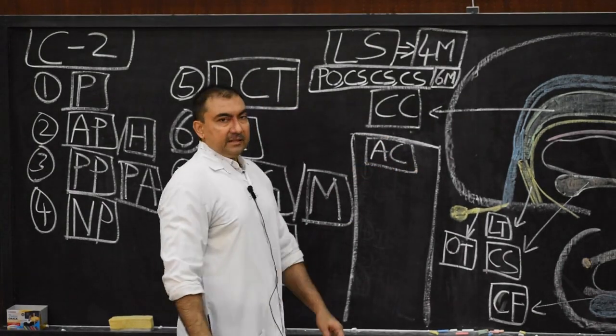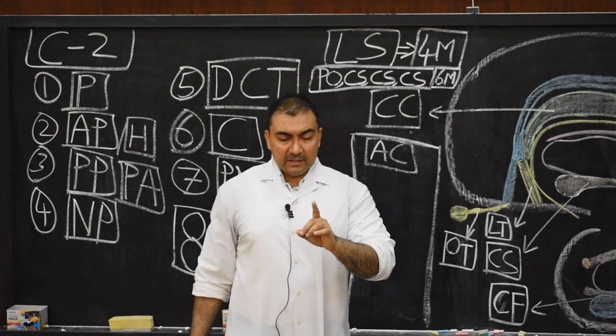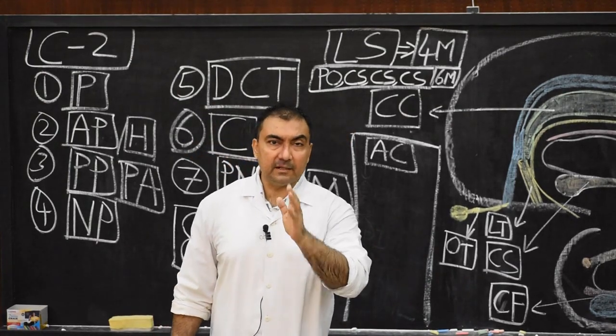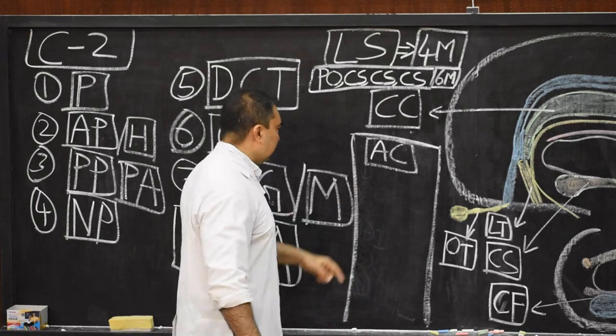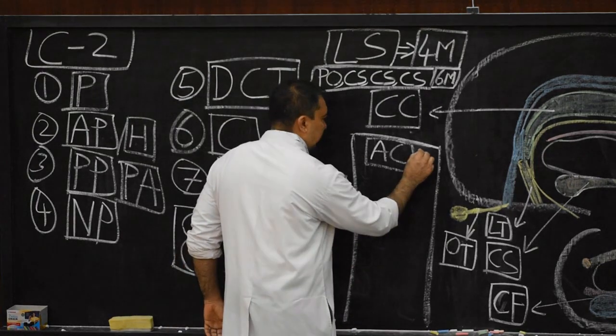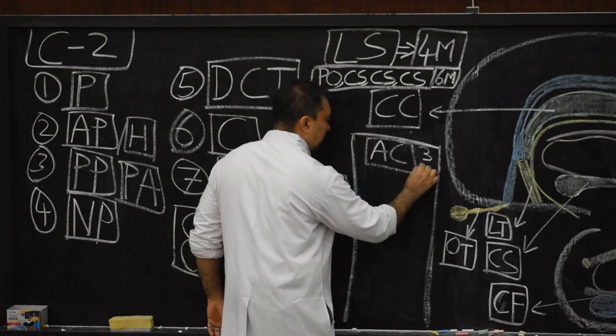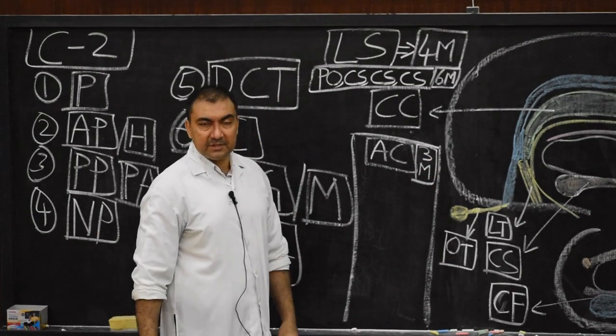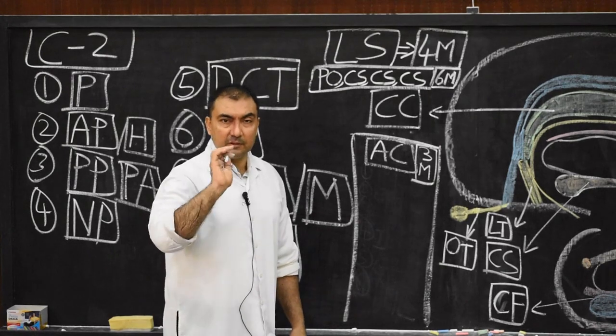And this anterior commissure, please note down, will develop in the ventral wall of the lamina terminalis, and therefore it will develop at, I will write down the time period, the 3rd month. In the beginning of the 3rd month it will develop, the first commissure. Where does it develop? In the ventral wall of the lamina terminalis.